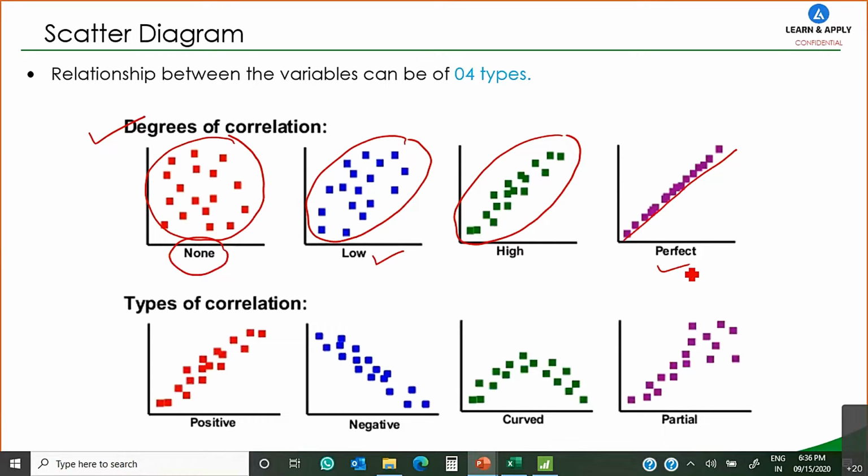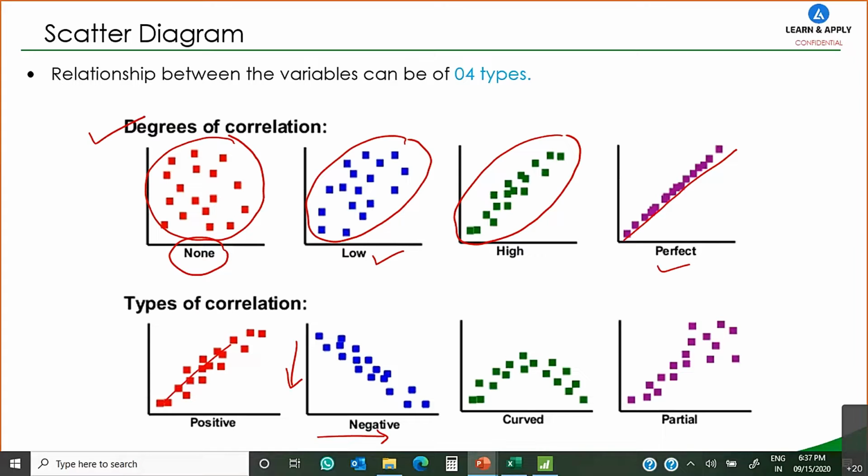Depending on how much scatter between these points. Now, types of correlation. Again, there are 4 types of correlation. If there is an increase in one factor after increasing the level of the other factor, we can say that there is a positive correlation. That means if you increase one variable, the value of the other variable is also going to increase. That's a positive correlation. If you increase one variable, and the value of the other variable is going to be reduced, in that case we are going to say that there is a negative correlation present between these two